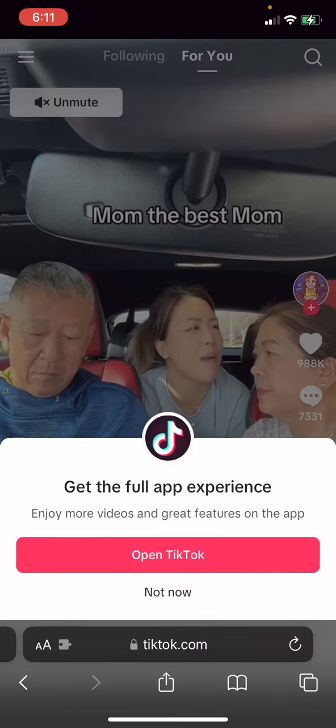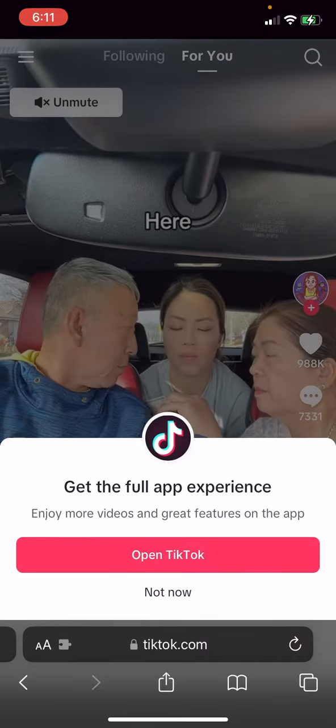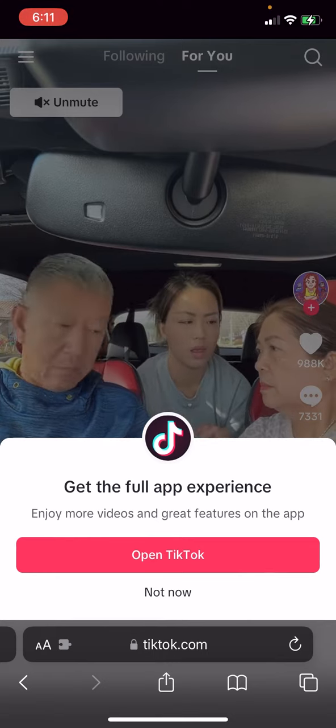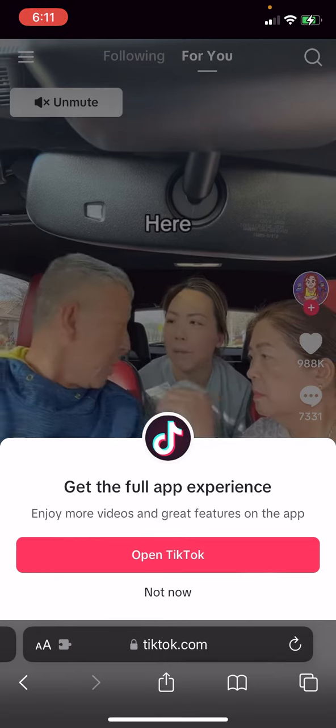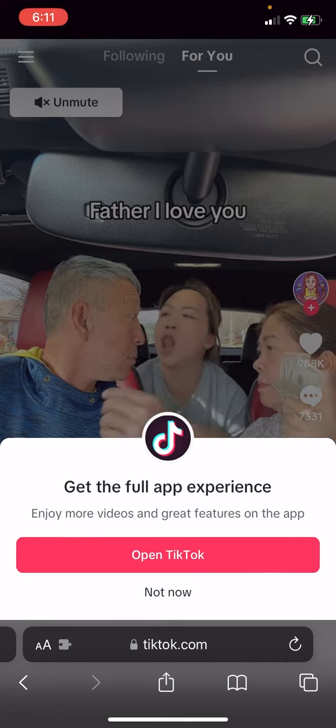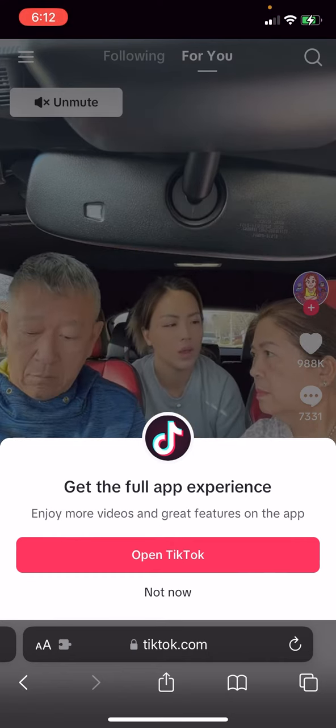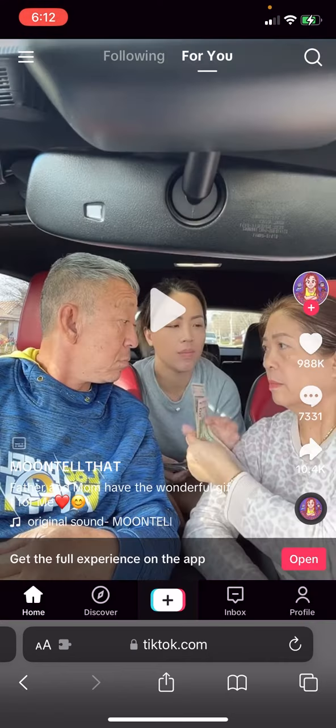And here it will say, get the full experience, enjoy more videos and great features on the app. You can either open TikTok, which opens the App Store and asks you to download TikTok, or press on Not Now. We're gonna go and press on Not Now for this example. And as you can see here, I can scroll through on TikTok